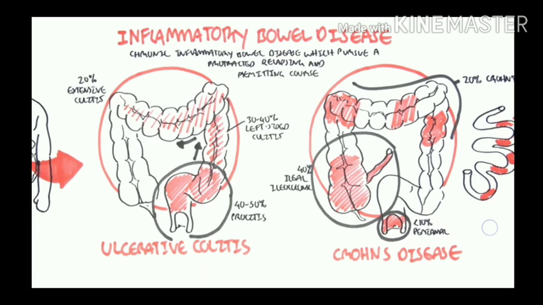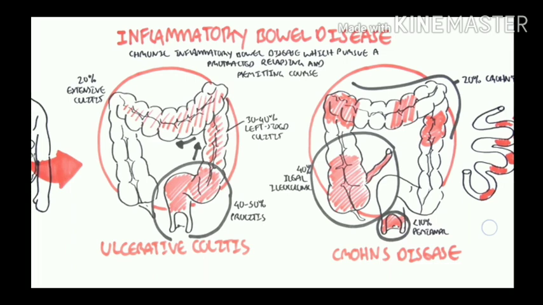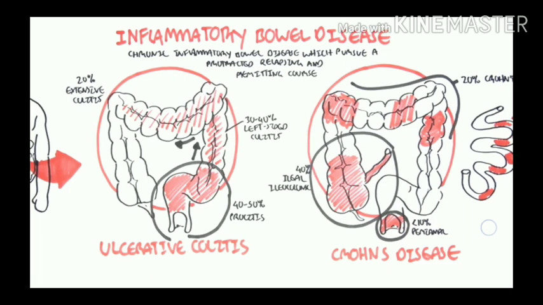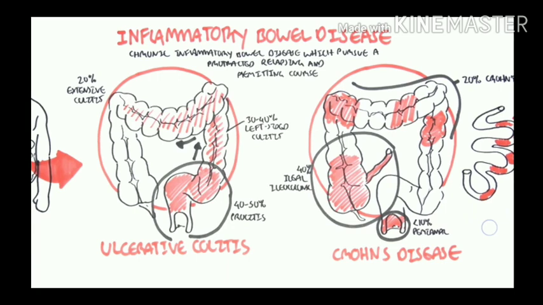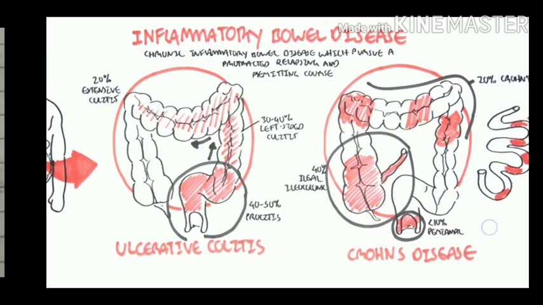If the inflammation spreads far enough, that means it reaches the transverse colon, which occurs in about 20% of cases, and this is known as extensive colitis. So the major characteristic in both is that Crohn's disease has skip lesions, and ulcerative colitis is a spreading of the inflammation from the distal part to the proximal part.